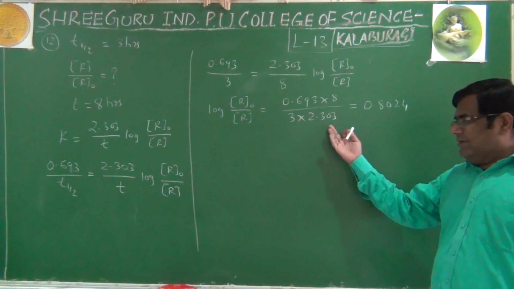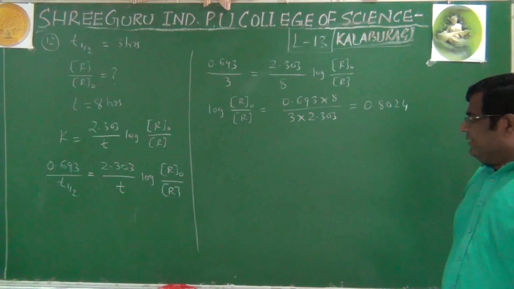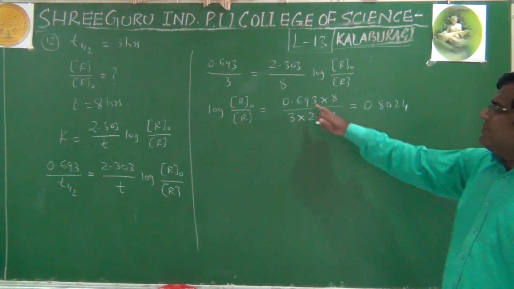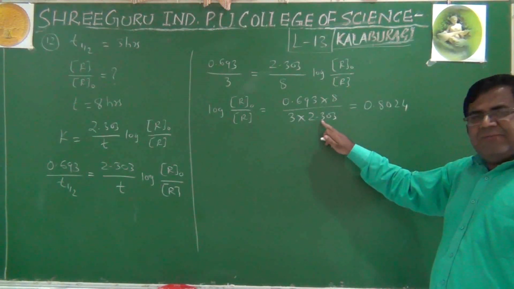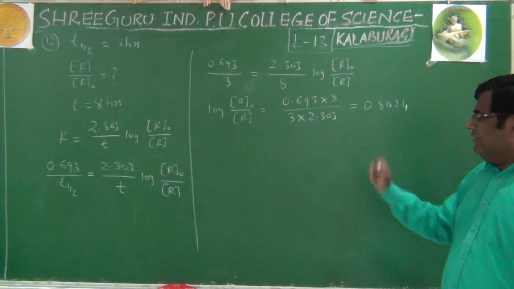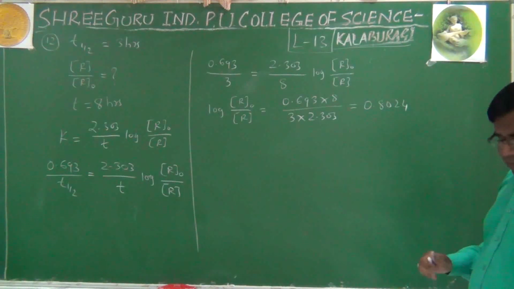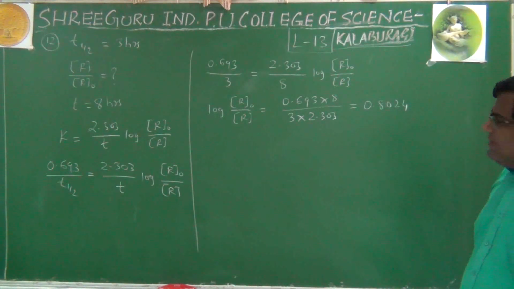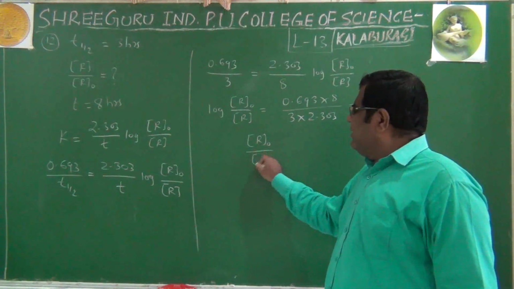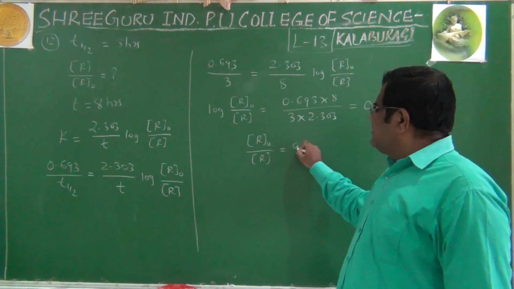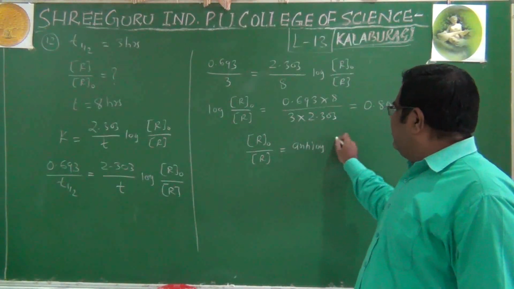You can use a simple calculator and you may get this answer. This is to be multiplied by this, divided by this, and again it should be divided by this. The term should be divided, then only you will get the correct answer. Then we can say R0 by R equals the antilog of this term,